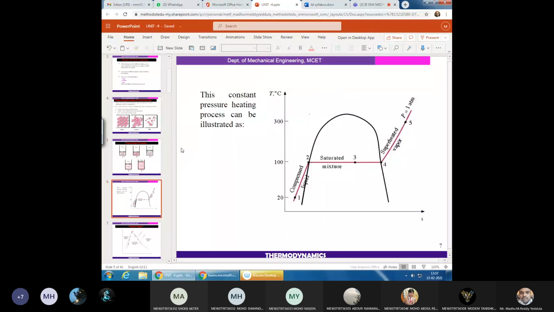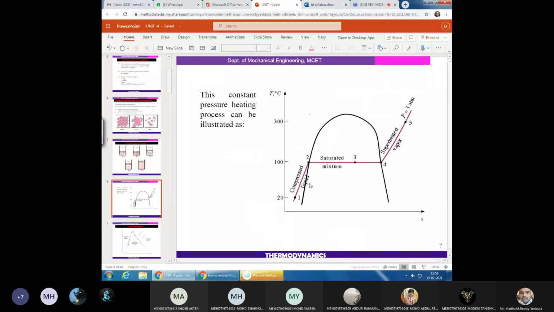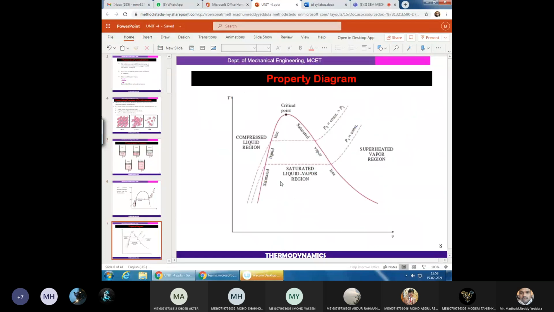Right. Let us consider the temperature versus entropy diagram. I think in the last class I showed you the constant pressure line. Can anyone remember this? Maroon color one. Yes, sir. The constant pressure line. Okay, it means on this line the pressure remains constant, because if you see in the previous slide, the pressure is 1 bar pressure. So you can see all these states, the pressure is 1 bar, which means I can say it is a constant pressure heating process. Okay. First, let me explain the next slide, then I will come to this one.